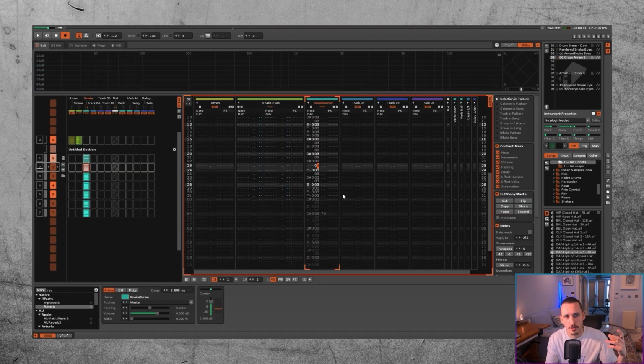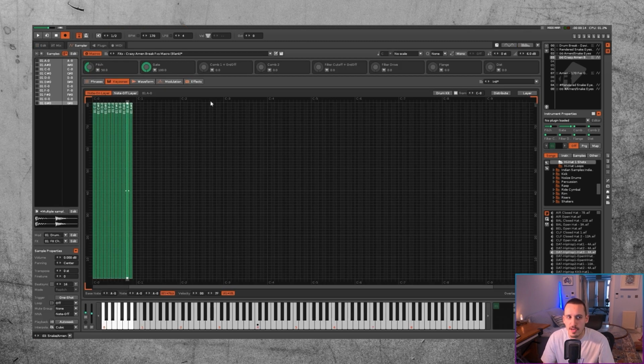Cool, so now I've taken all the work we did before. I could have just made it in this blank Amen instrument from the start, but I wasn't really thinking about it. It might have been a better way to do it. Anyway, what I've done is I've taken the new chops of this drum break and brought them into this crazy macro instrument, and now it means when I play with all these parameters again,